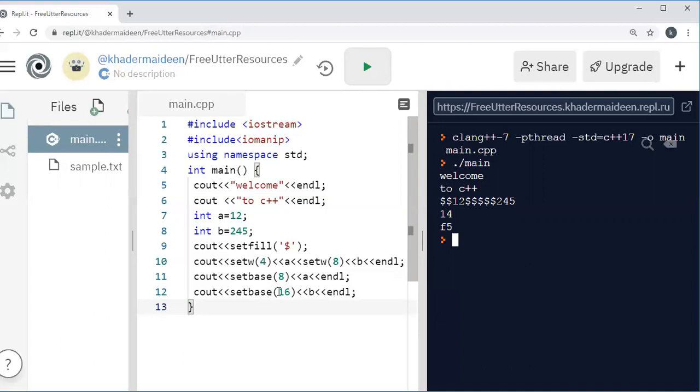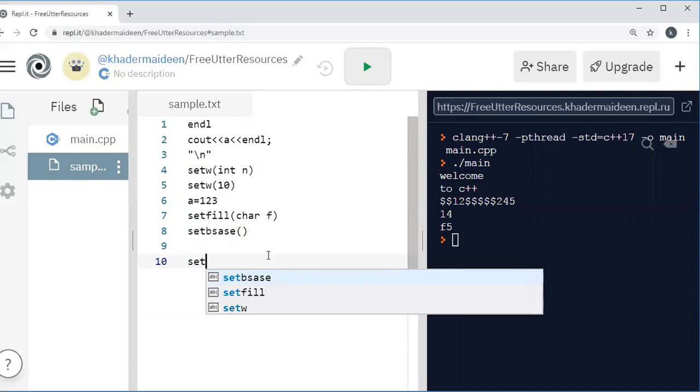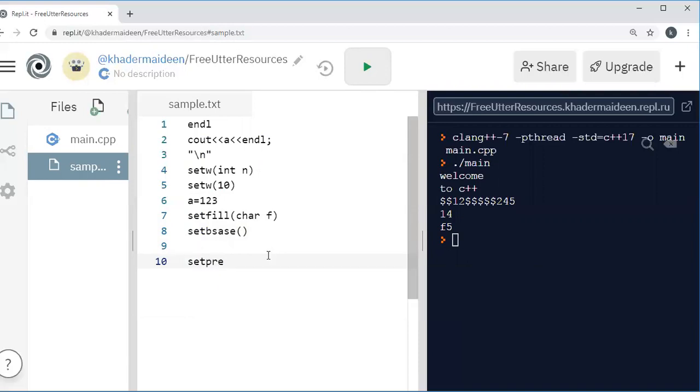Then next manipulator is setprecision. The setprecision is used to control the number of digits of an output stream display of a floating point value.